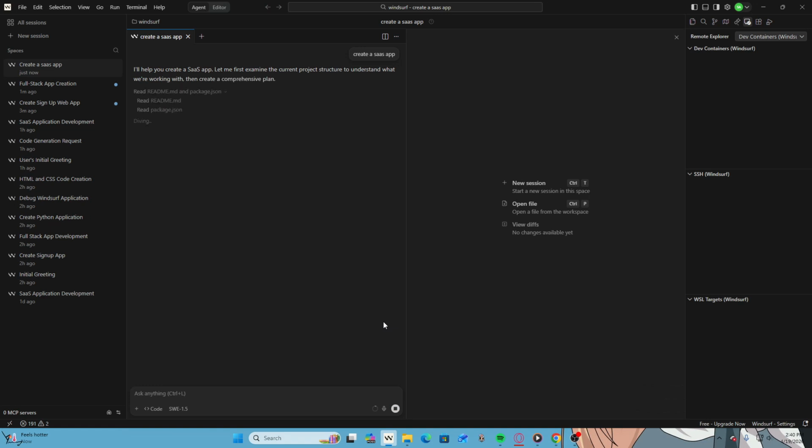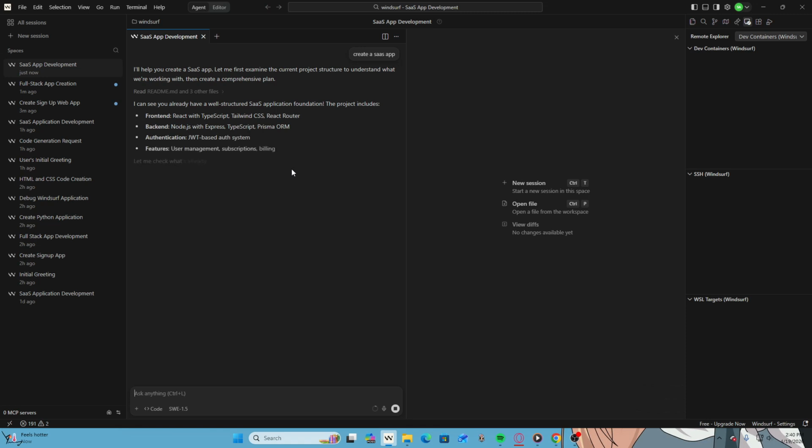You may observe a loading indicator, which signifies that Windsurf is processing your request. Wait patiently for Windsurf to generate your application. The duration of this process may vary depending on the complexity of your project and the current load on the system. Once the application is fully generated, you will receive a confirmation message or see the newly created app listed